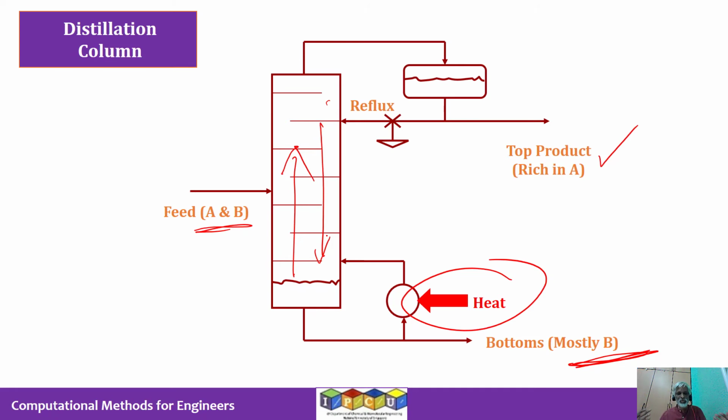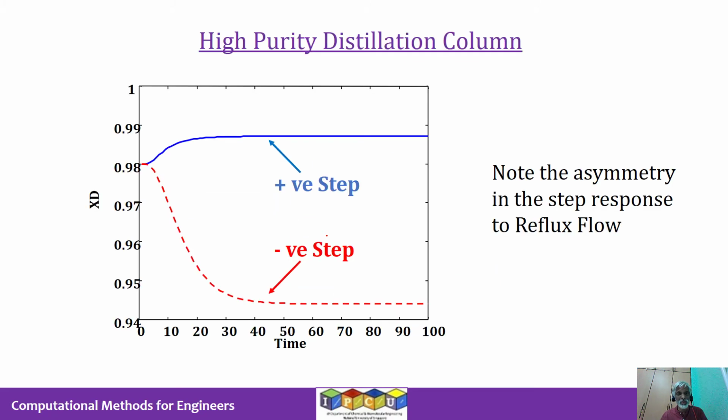There is a mass transfer that happens between the vapor phase and the liquid phase, right? And that is what creates this nice separation. So this is a distillation column, which many of you might know. And amongst distillation columns, there is something called the high purity distillation column, where we are looking at purities of the product of the order of 99.5, 99% purity, etc. These are called high purity distillation columns, as opposed to looking for 70% purity or 80% purity. If you're looking for 99.7% purity, that would be called a high purity distillation column.